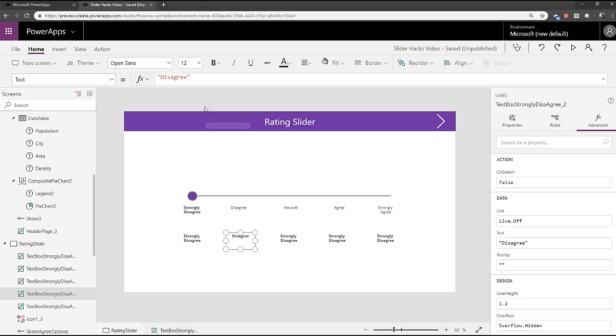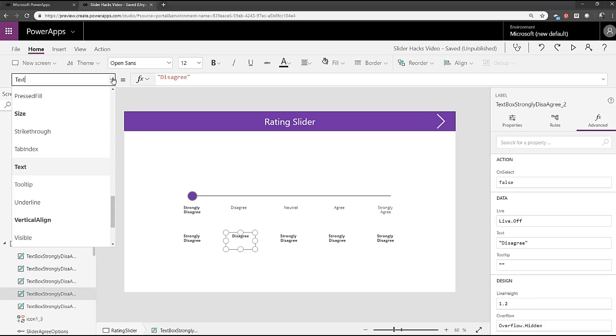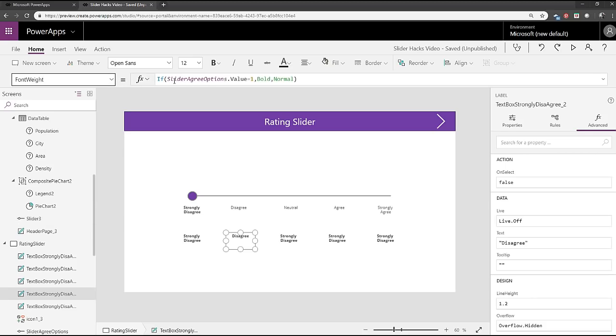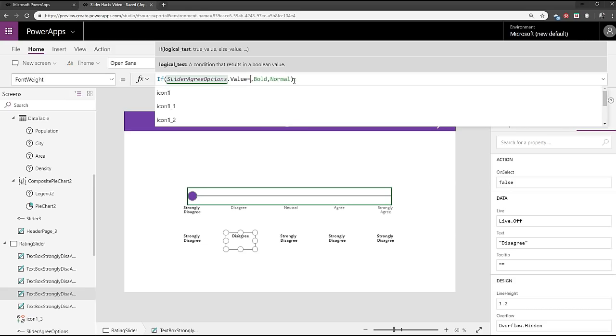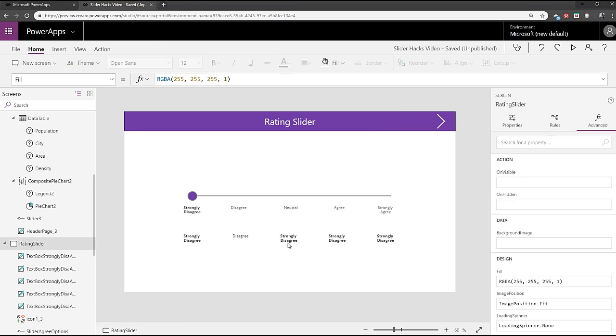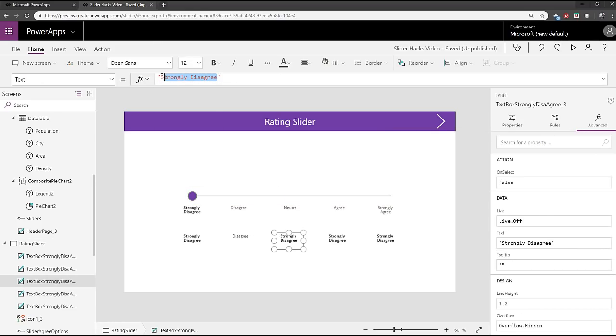Now, I don't want disagree to be bold. Where did that style come from? Well, what I'm going to do is go to the font weight here, and notice it says if slider agree options value equals 1, bold, otherwise normal. So since we're on the second one, I'm going to change that to 2, and notice how disagree is no longer bold, right? And then I can change this one to say neutral,